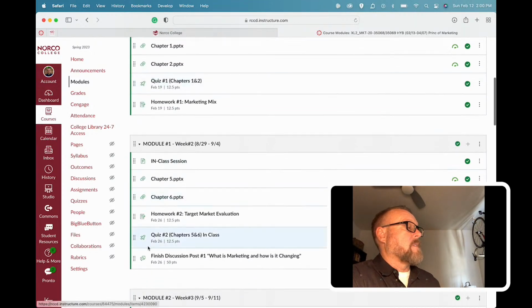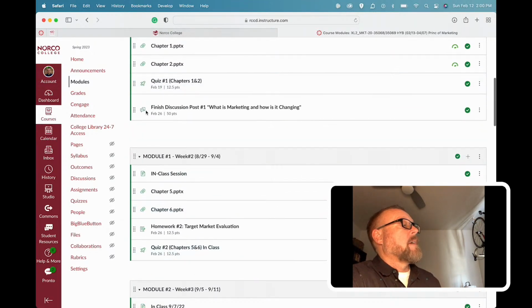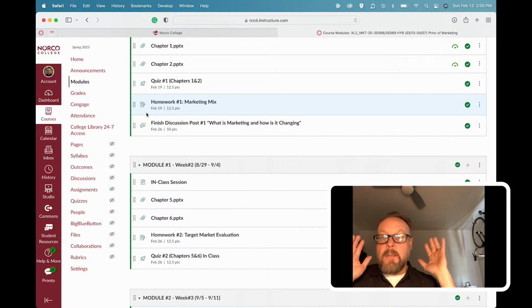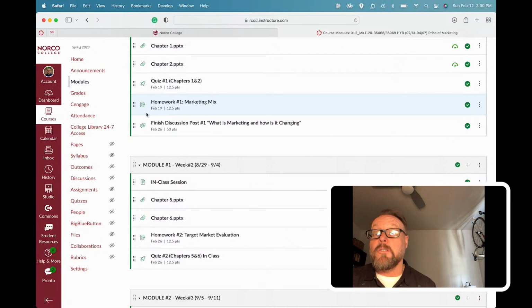Now I'm going to go down here because it's still down here from the last semester. And a discussion post is basically an assignment where you have to do a little research. You have to go examine something. You have to take an assessment of some sort. You have to kind of put on your thinking cap and look at certain sections in the book and answer some questions. And then you also need to interact with other students. So if you're online or in person, you're going to be interacting with everybody from the course. You're going to be completing this assignment, and you have 2 weeks to do it. So it's going to be issued the first week, and then you have 2 weeks to complete it.